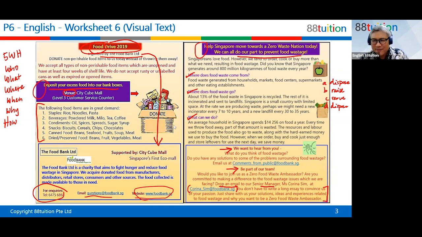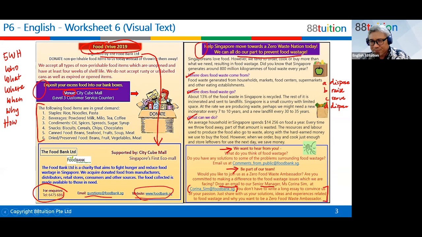Okay. So let's have a look and see who's right. Most of you put down A, dispose food. Raise awareness, definitely. Look at everything here, it is to raise awareness. And I think most posters like these, where there are some social issues at stake, will be to raise awareness. To serve as collection points, this is of course the donation box for the collection points.